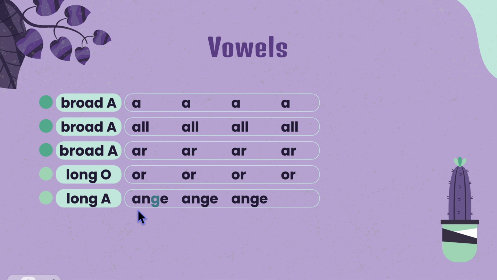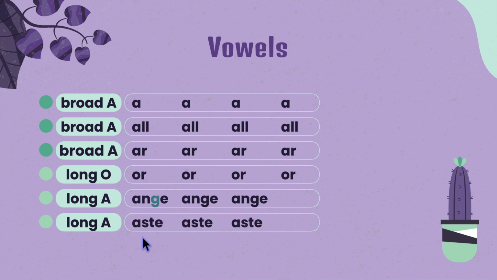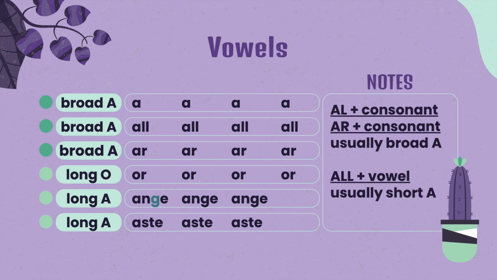This has a long A sound, and the silent E is going to make the G have the soft sound of J. So this is ainge. Here we have a long A sound again. Aced. When you have AL plus a consonant or AR plus a consonant, you're usually going to have